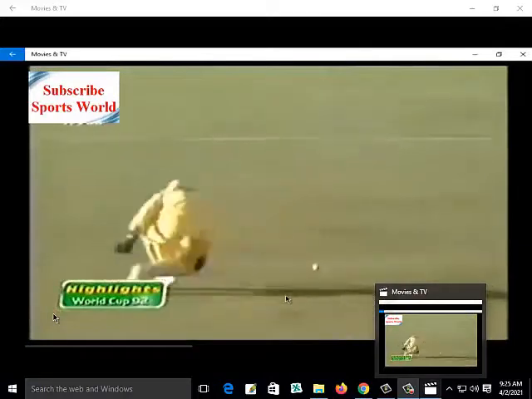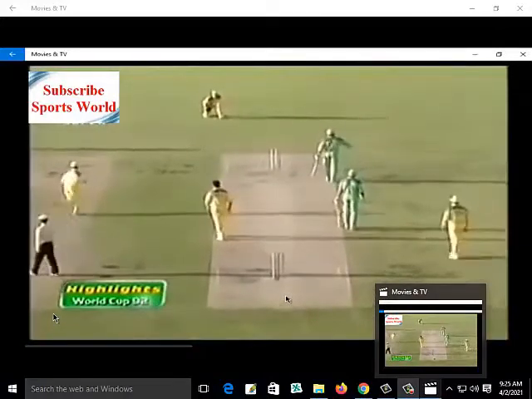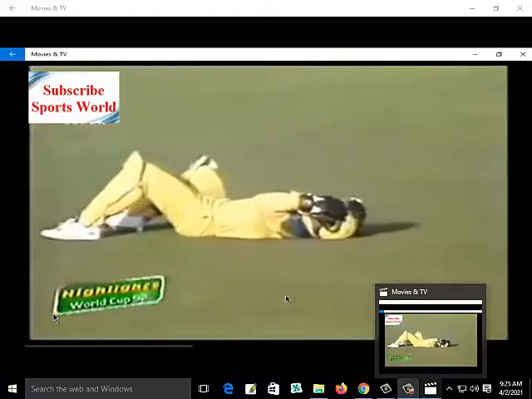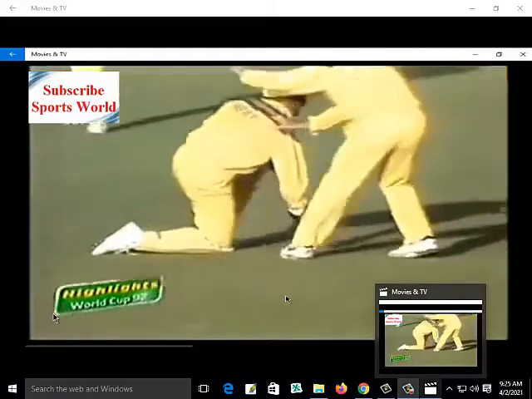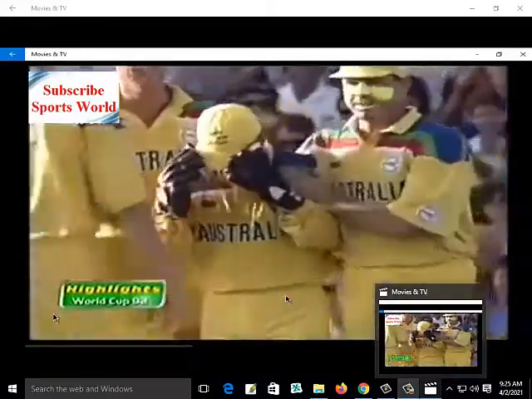That's a good catch. No, he drops it. He's out. He's got him. Well, can you believe that? Healy drops the catch. There's confusion. The run out from Healy was eventually made with a direct hit from about 16 metres. And what a let-off and panic in the Pakistan camp.